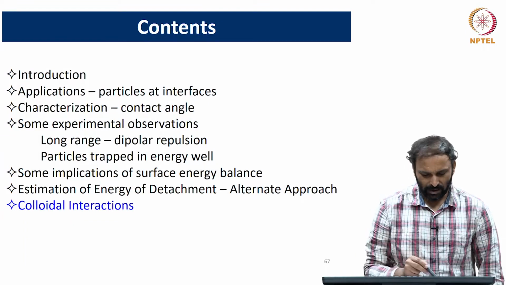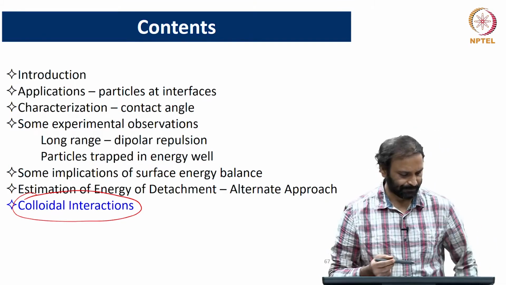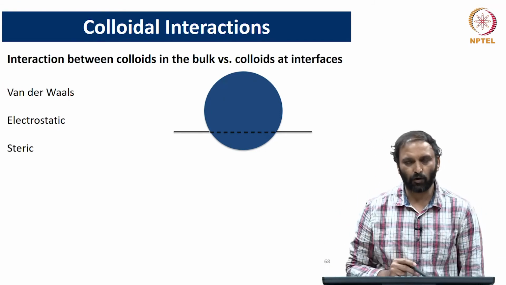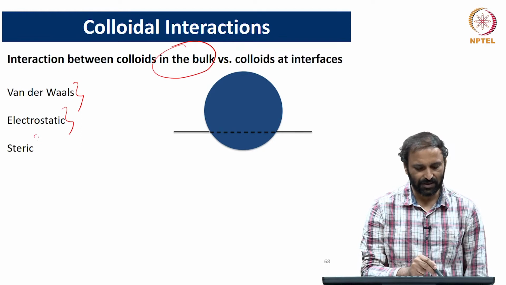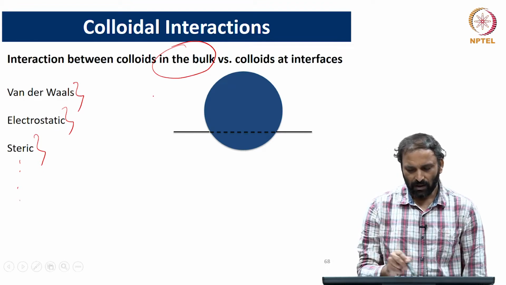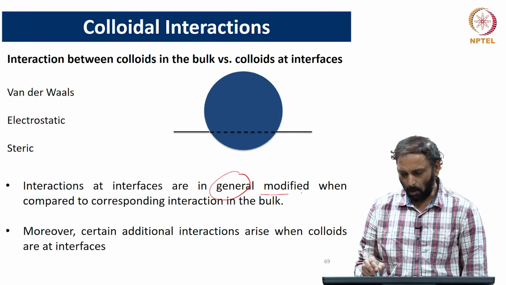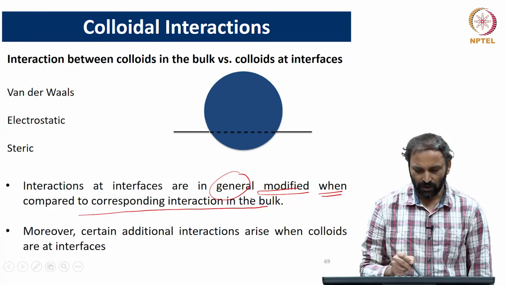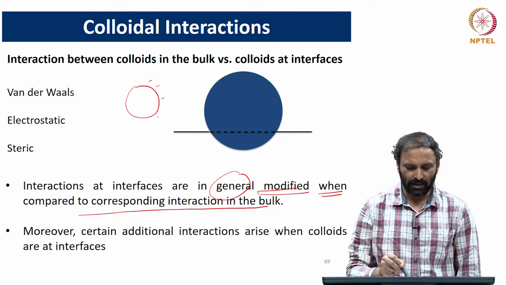So, now to end this module, we will look again at some aspects of colloidal interactions. We have seen several types of colloidal interactions in the bulk: van der Waals interactions, electrostatic interactions, steric interactions, and others. And we saw that colloidal interactions at interfaces are in general modified when compared to the corresponding interactions in the bulk. As an example, we discussed that in the case of a charged particle, the electrical double layer around